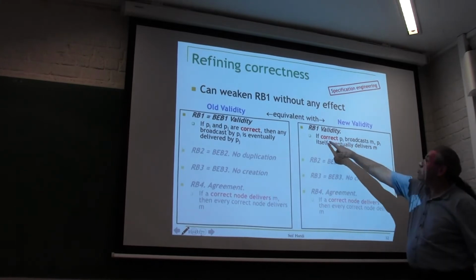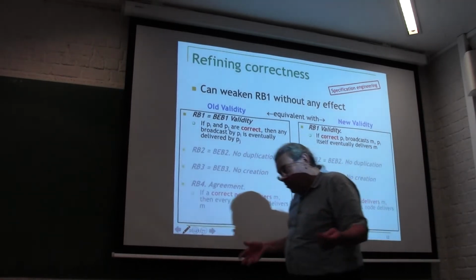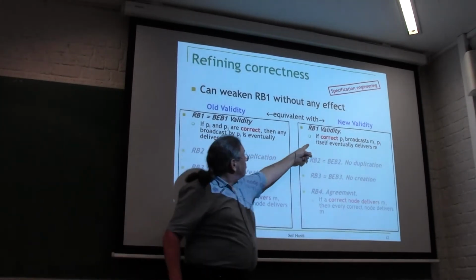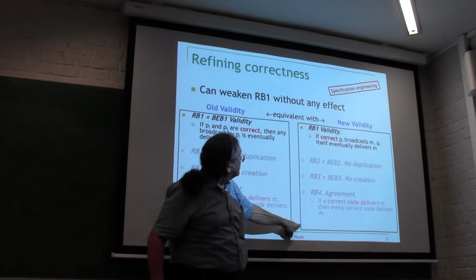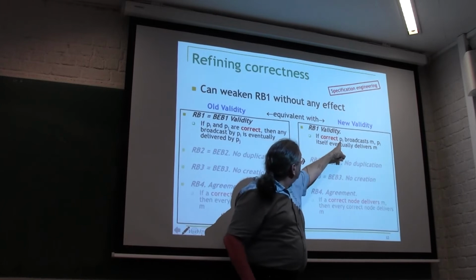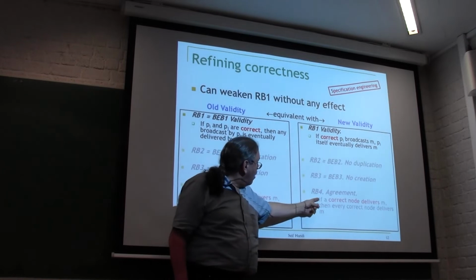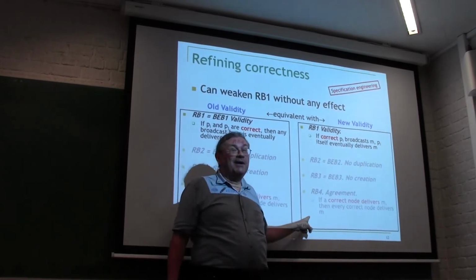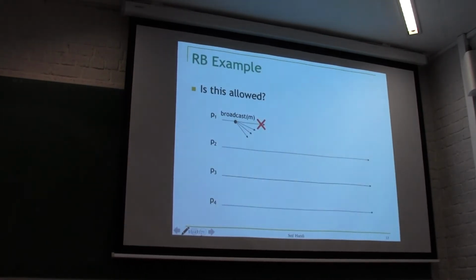But this one's nicer because you only have one Pi in the if condition, which is much more comfortable when you want to reason about it, okay? So you get that, right? Because now I'm going to show you some scenarios. You see how it works. If any correct node Pi broadcasts, it will itself deliver. And if any correct node delivers, all correct nodes deliver. So you get that? Okay, we will see if you get that.